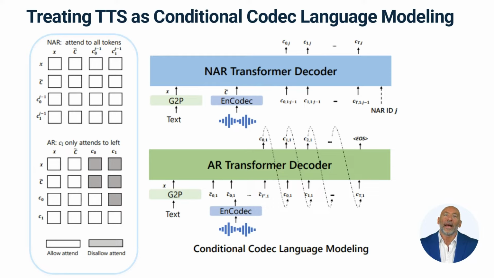Vall-e treats this as a conditional language modeling task in order to generate a specific acoustic code matrix based on a given phoneme sequence and an acoustic prompt matrix. The acoustic prompt matrix is created using the same neural codec, but with a different input, an enrolled recording from a specific speaker.